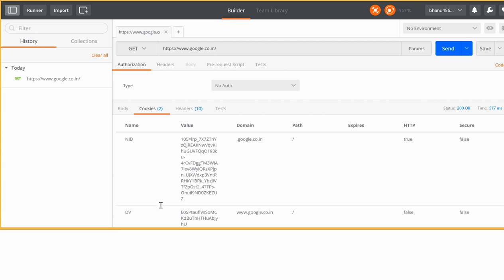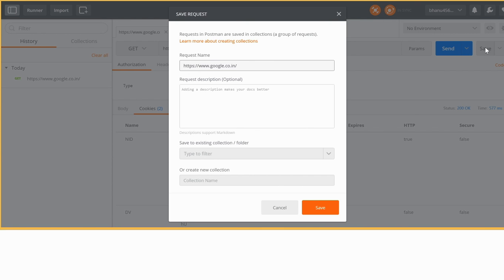Now how do you save this? To save that, click on save. When you click on save, you will get options like this. You can write get underscore Google, and here you can give the collection name. Write Google API. This is the collection name.